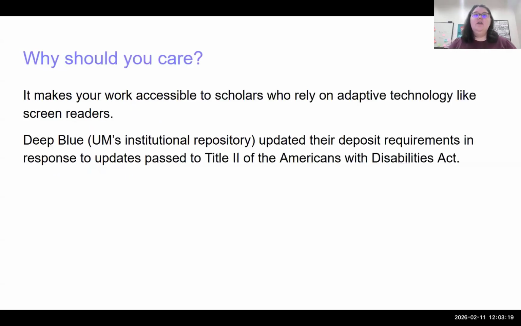Okay. So you should care because it makes your work accessible to scholars who rely on adaptive technology like screen readers, right? This is one of those big pushes that we've seen, specifically because of the changes to Title II of the Americans with Disabilities Act. This is what is pushing all these accessibility changes right now within the academic sphere. Basically, it's come out that by April 24th, 2026, basically all content that is produced by universities needs to